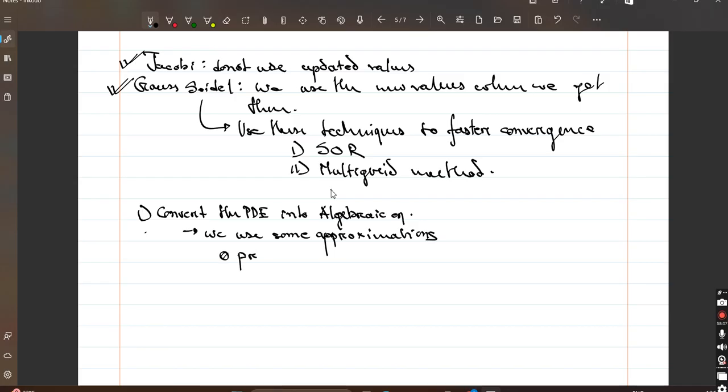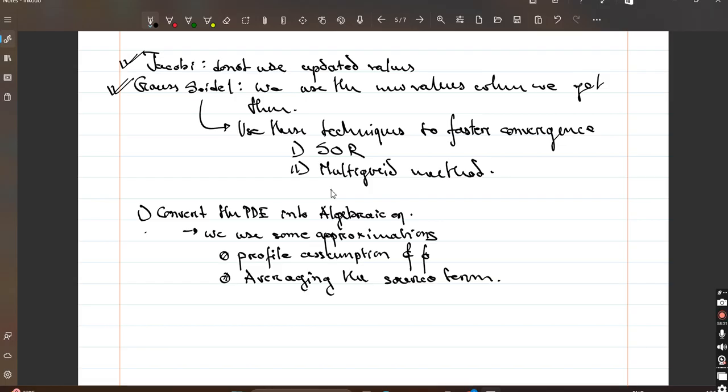Those are some profile assumption of phi, and also averaging of the source term, right? So when we do this in a better way, we will achieve a more accurate solution. Okay,